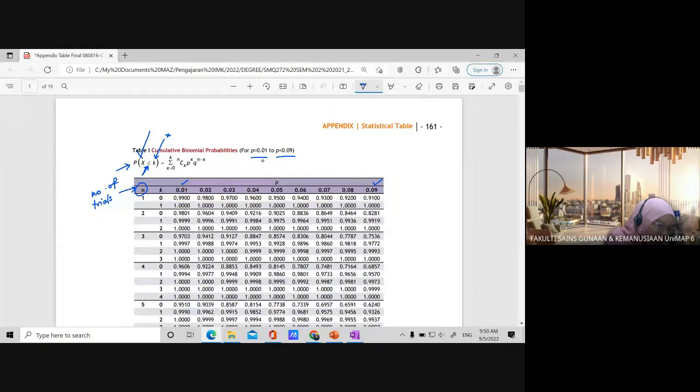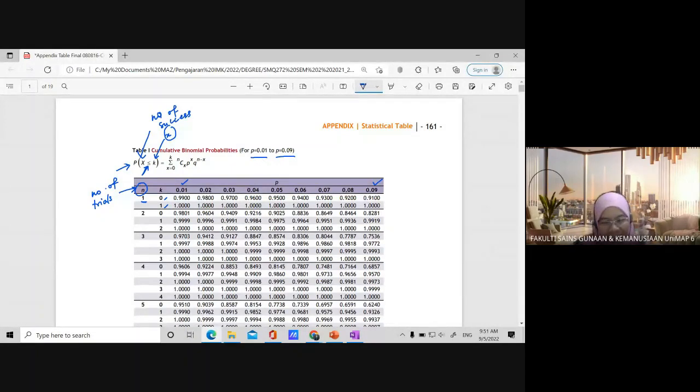x? X here is your representation of your number of success, the number of success of your binomial experiment. How many success? X number of success. Now, let's say I'm talking about one trial. It's either you get 0 success or 1 success, correct? That's why in cumulative binomial probabilities, they will provide you each and every cumulative probability from 0 success until the